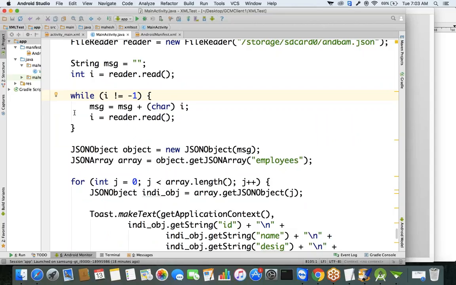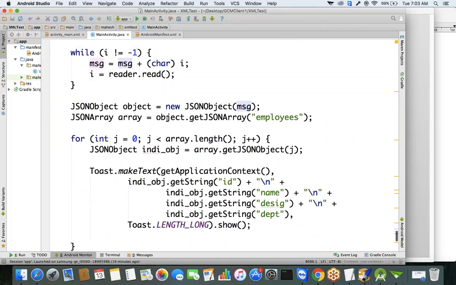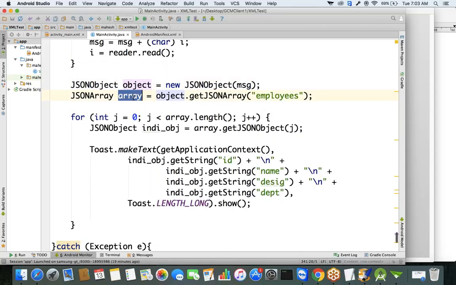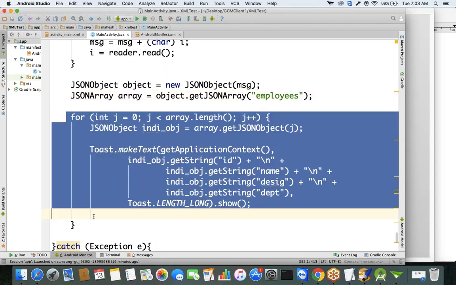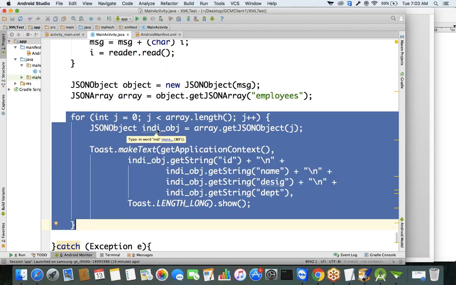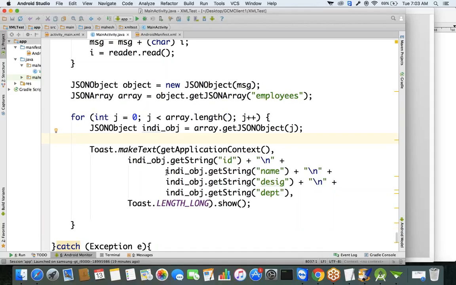So we are reading one character at a time, and we stored the entire characters into MSG, meaning this MSG object contains the entire data. Directly we pass that MSG as an input parameter to the JSON object, so we get the main JSON object. From that object, get the array. The array contains multiple individual employee records, that's why we created a loop that repeats as many times as there are individual objects. From each individual object, we get the ID, name, designation, department,